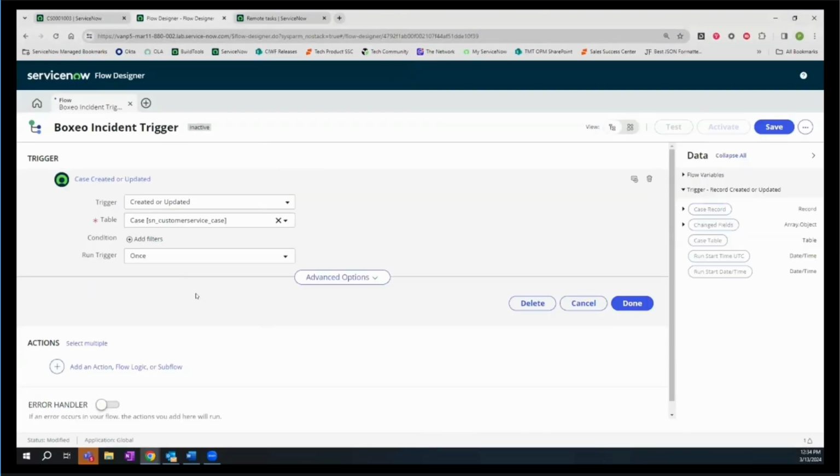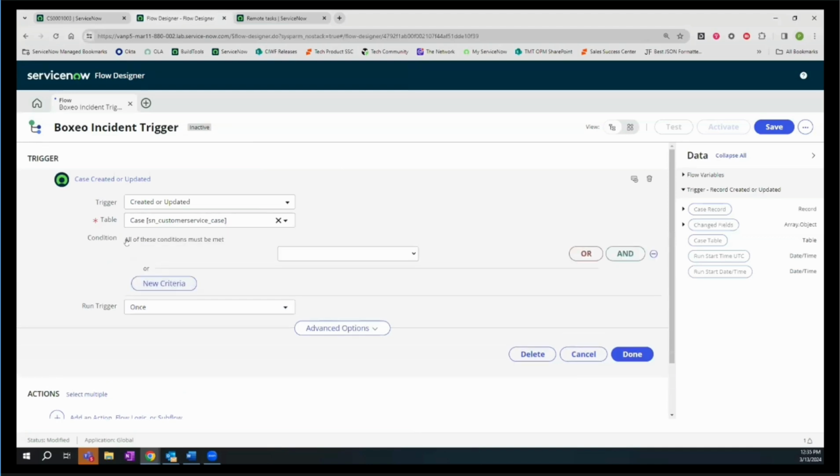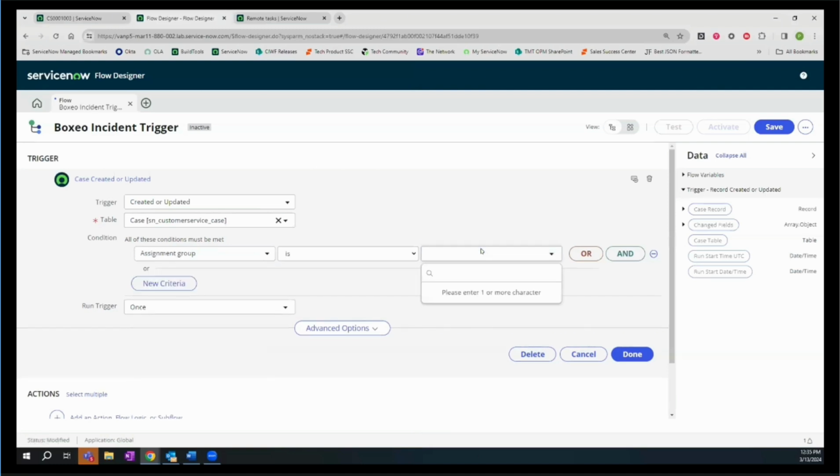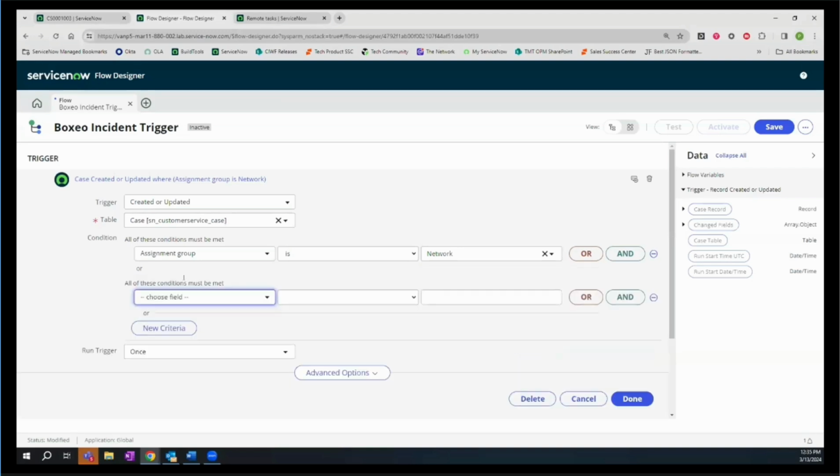I'm going to get a full screen here so that we can actually see this. The first filter, we're going to use assignment group on this one as well. So when the assignment group is, I think network is what I had in there. Yeah. So when assignment group is network,